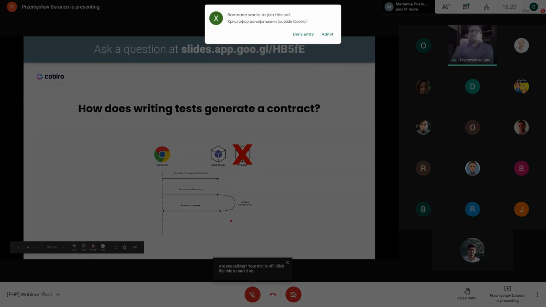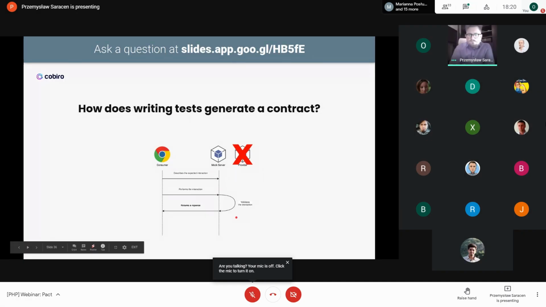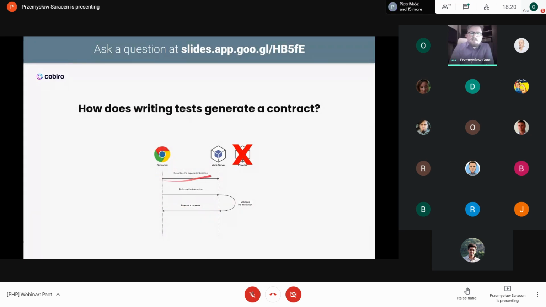Regardless of this, it will return a response. If the interaction was validated correctly, the response returned will be the same one defined here. If the validation process fails, it will return an error response. It will return status code 500, internal server error, and